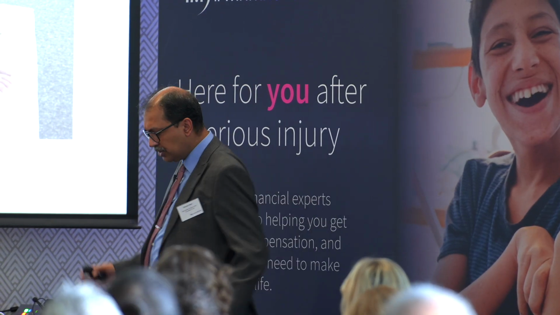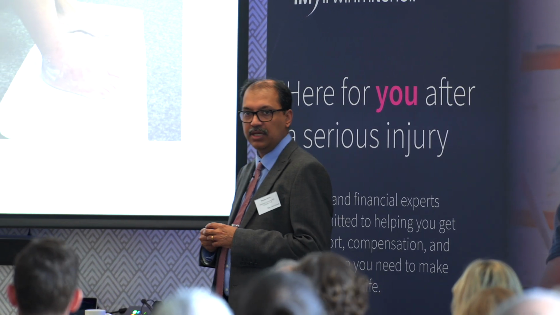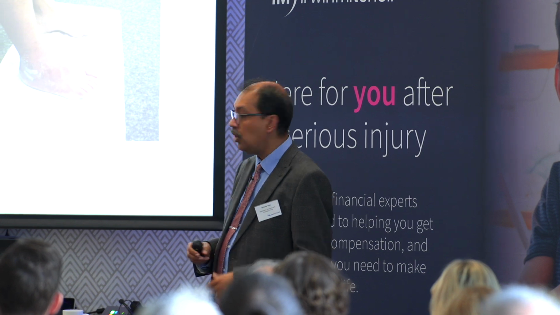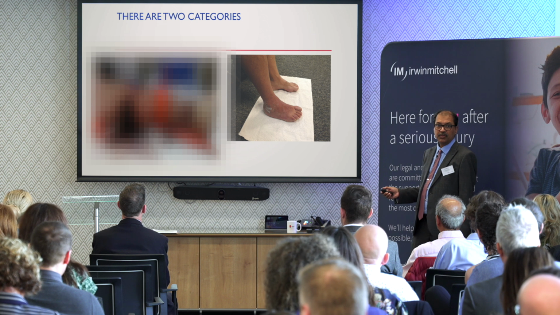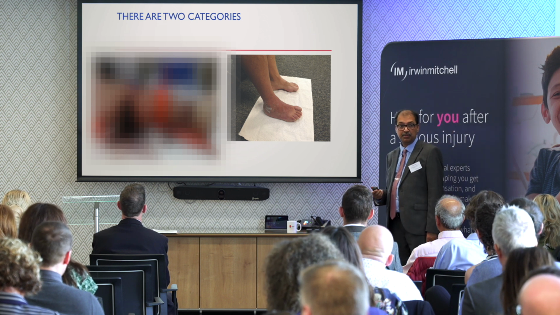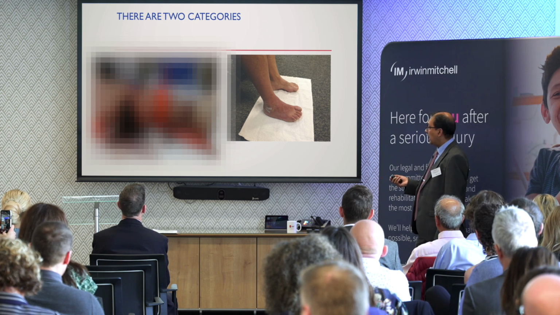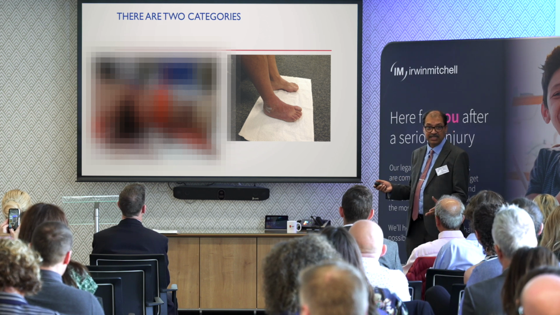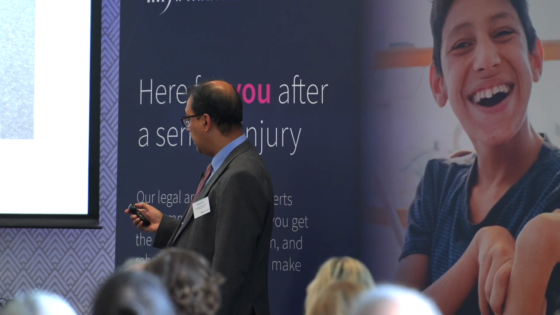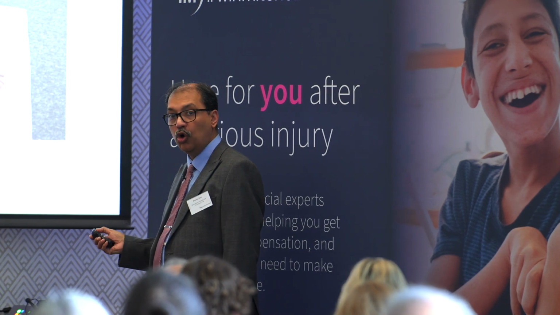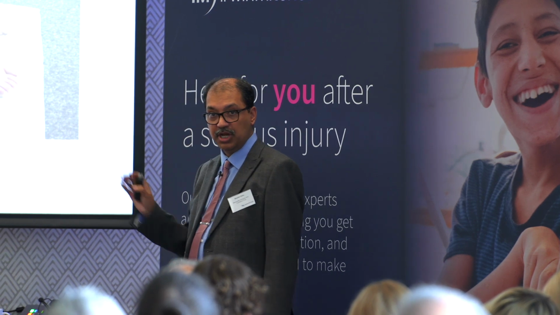So, first of all, for this presentation, we have got two scenarios. One is acute injury with a mangled lower extremity coming to the ED or hospital. A decision is made in the ED or in the theater whether it will be reconstructed or it will be amputated. That is one scenario.